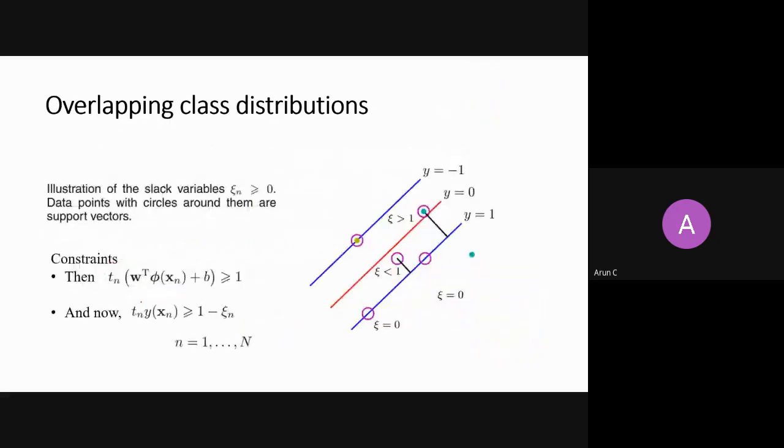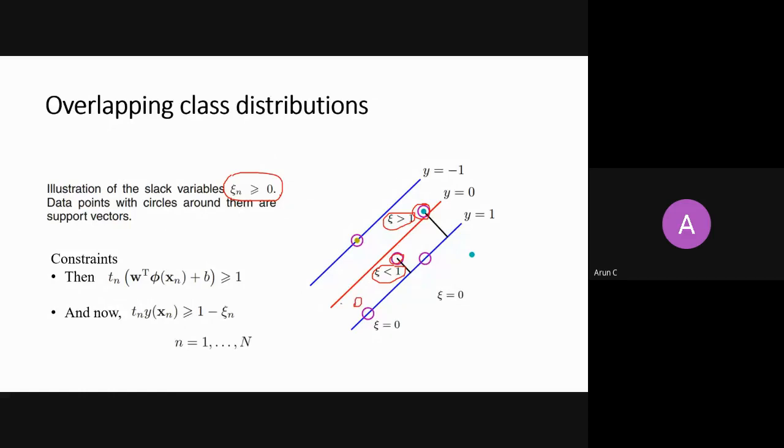Just to be more precise, as I said, this psi will be non-negative for those points which are actually in the region here, right? So you can see this psi is less than 1, right? And it is greater than 1 when you are jumping the hyperplane in the wrong direction. It is fine if this point is somewhere here, right?